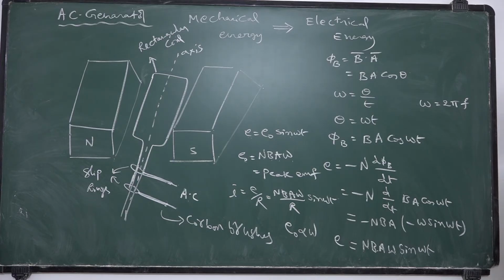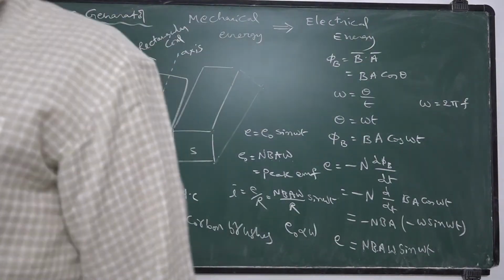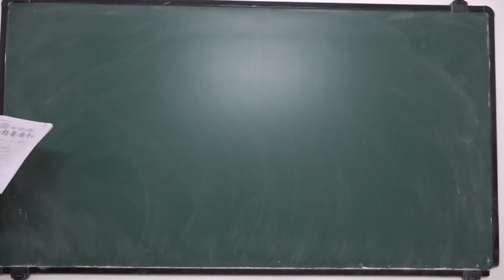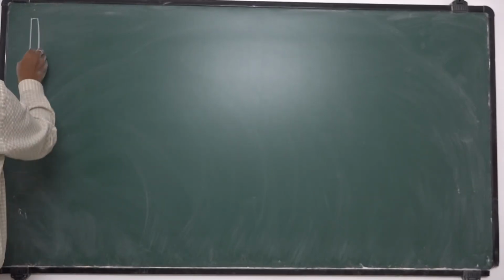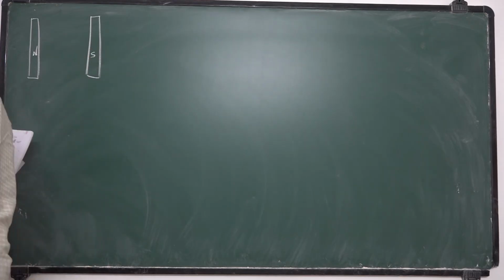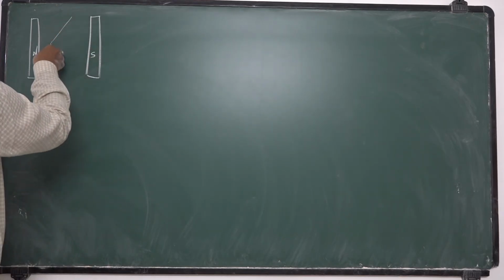and we will have different orientations of the coil to generate the EMF. Diagrammatically, let us see them now. Let us describe the motion of the rectangular coil between the pole pieces of the magnet in different stages. Suppose this is the north pole, this is the south pole. This is the orientation of the coil in the beginning.